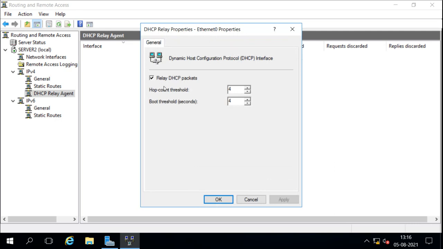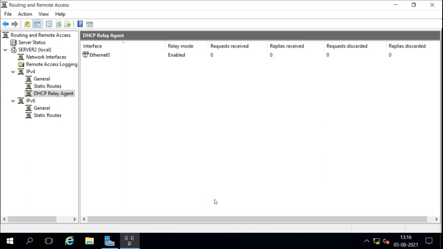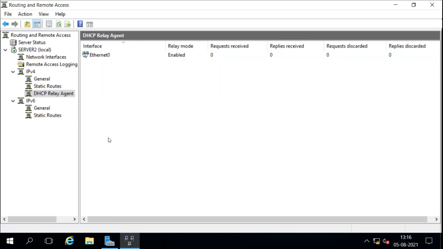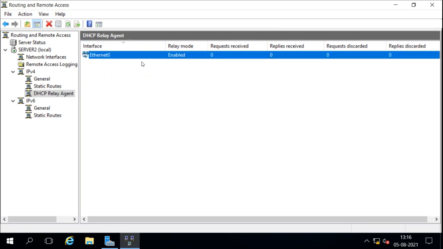You can select what will be the hop count and the boot threshold. So this will be the DHCP relay agent which is connected to DHCP. So this interface is connected to DHCP. It will get the request from here and it will send the request to DHCP.